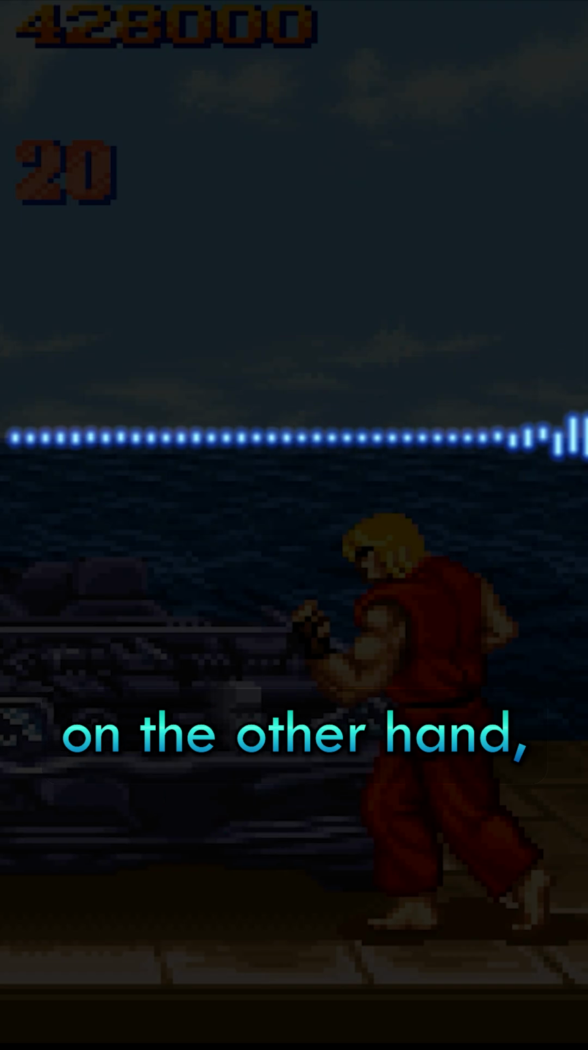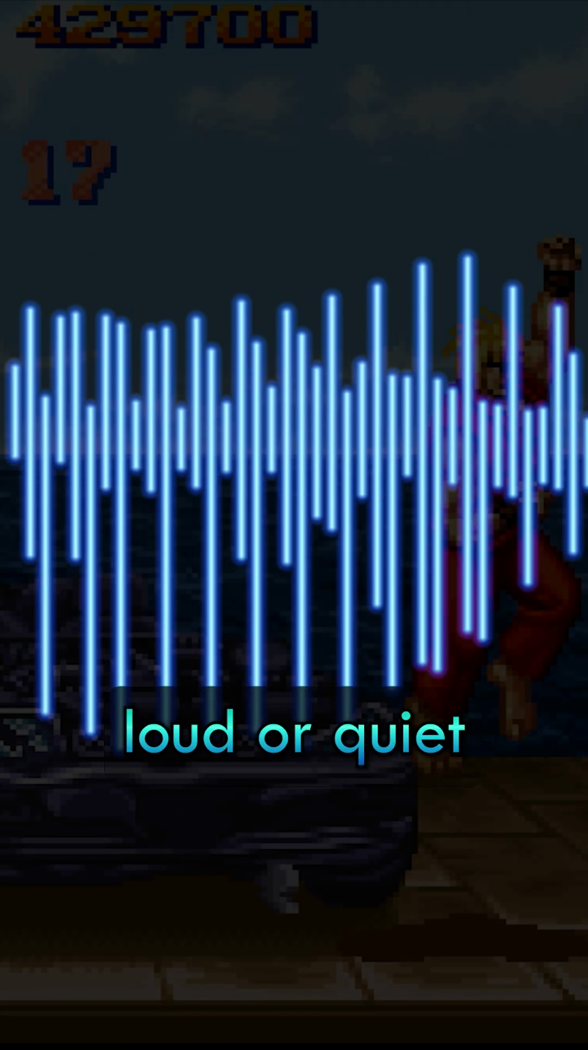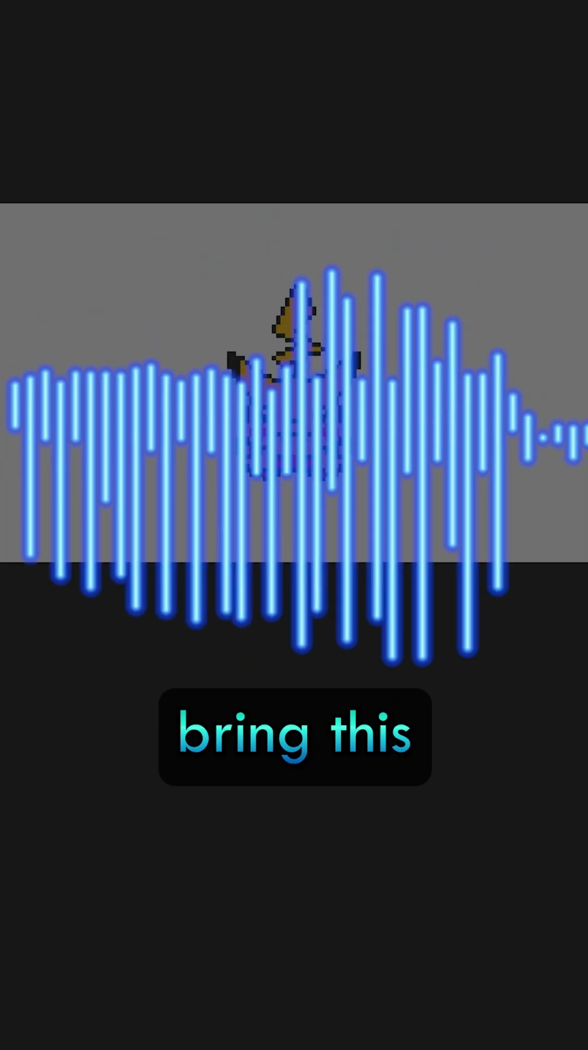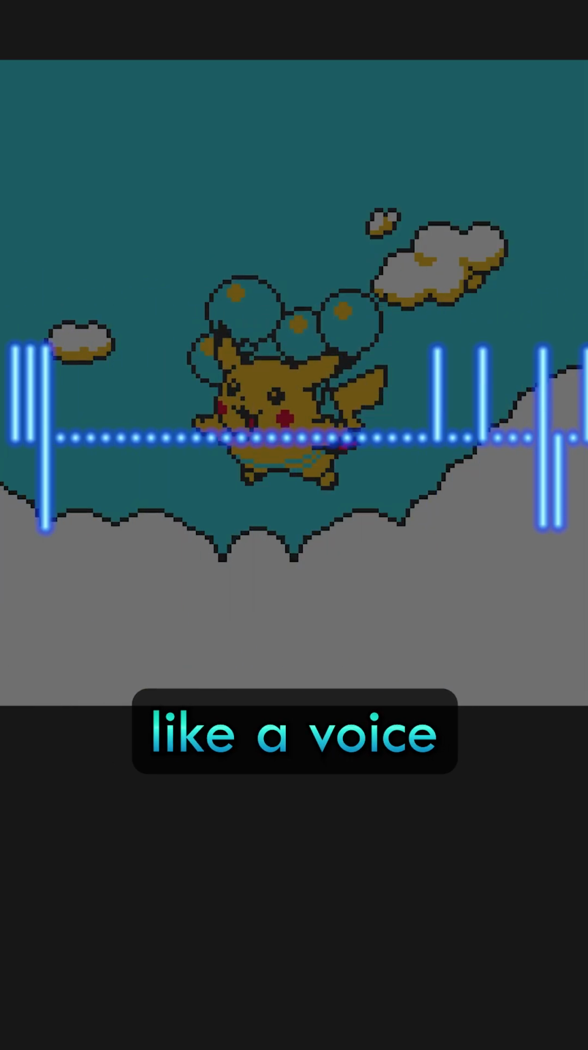Bit depth, on the other hand, controls the amplitude of the sound. This is how loud or quiet something is at any given point. The higher the bit depth, the more dynamic range you have in how loud or quiet a sound can be. But when you bring this limited dynamic range to something like a voice clip, it creates